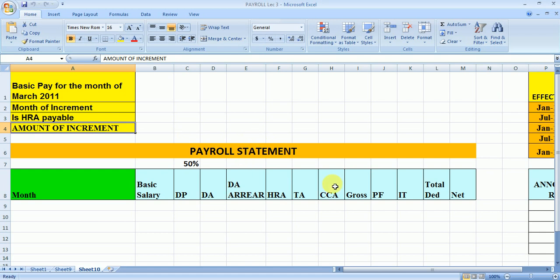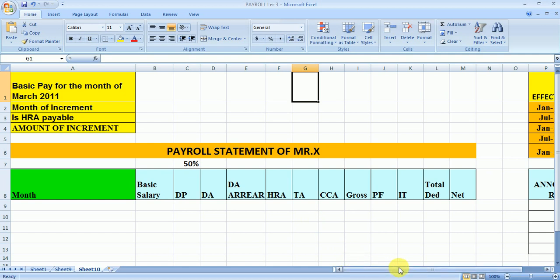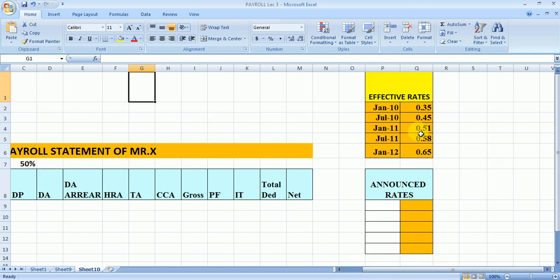We also have to make this format: the month, that is the salary month the person is getting, basic salary, GP, DA arrear, HRA, TA, CCA, gross, PF, IT, total deduction and net. Here we can write the person's name, payroll statement of Mr. X. Also here I am making the DA rates table.